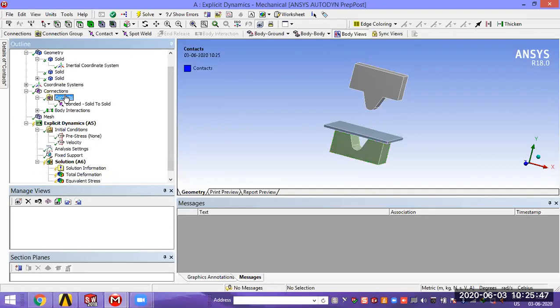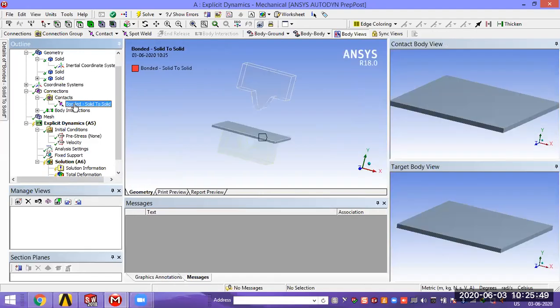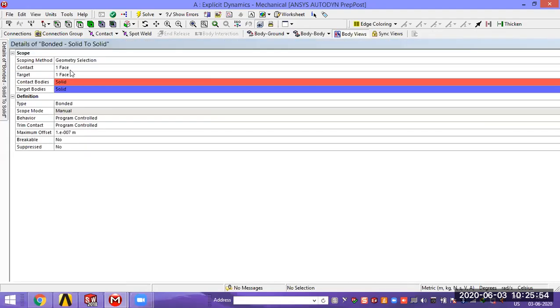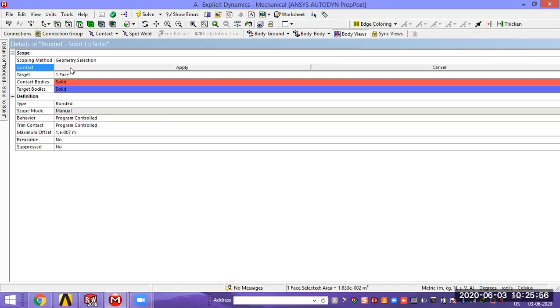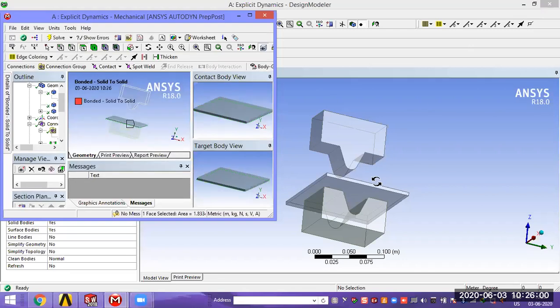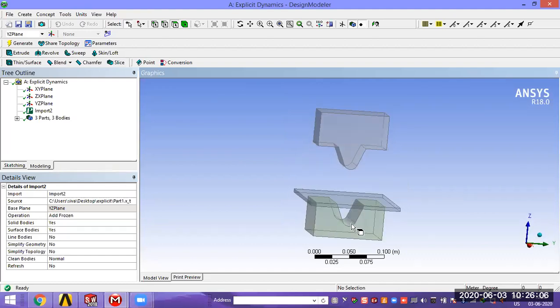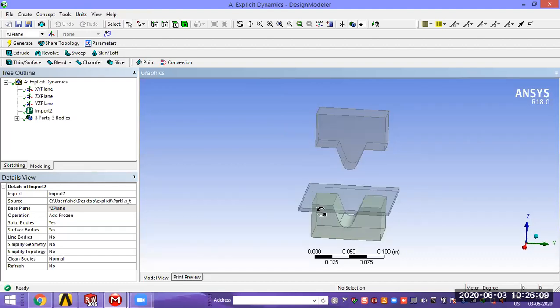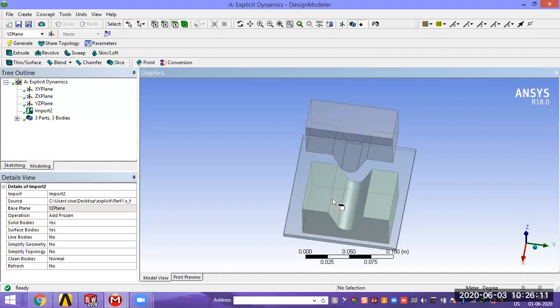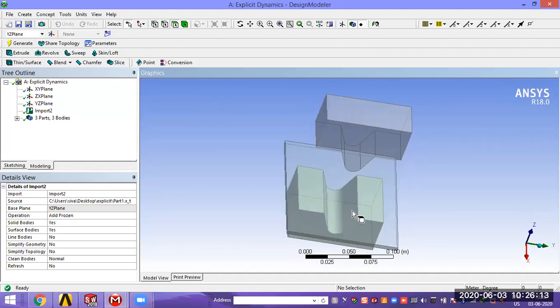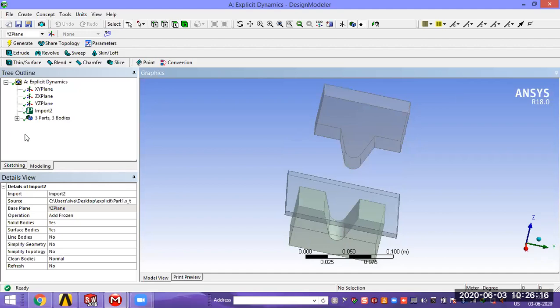After that, the connection. Connection is the most important. What are the connections required here? See, here first is phase contact. Contact means what is the contact of this body? Contact means the seat contact. This is the contact of the seat. Okay. Now another target is this die, the target faces. How many faces are there? 1, 2, 3 inner faces, 4, 5 target faces. We are going to check whether you assigned them properly or not.